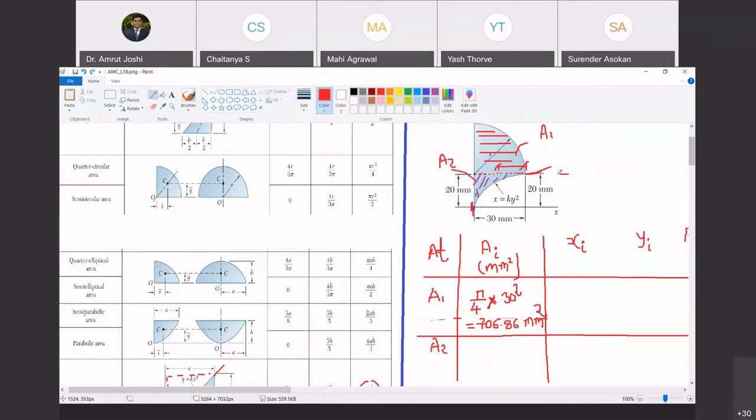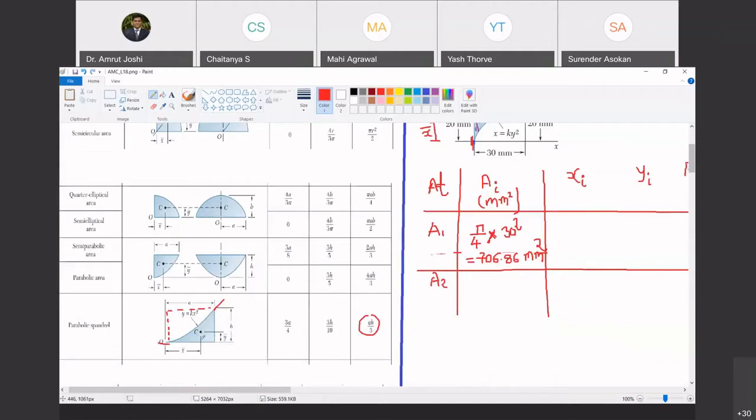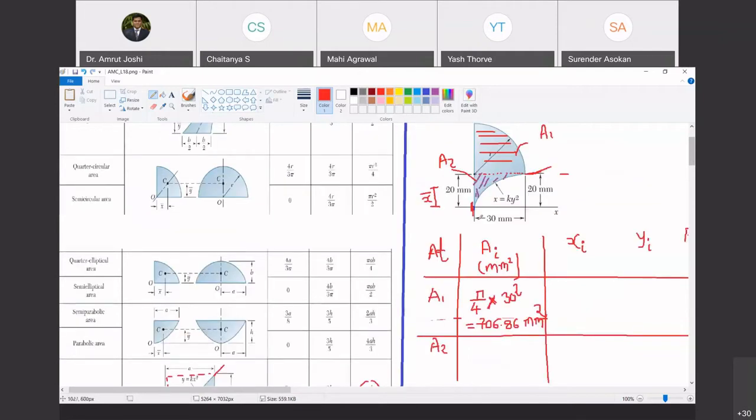Oh, a mistake happened. 1 minute. The parabola is such that the tangent is vertical at this location. So if it is vertical at this location, what we had drawn was correct. This is x bar, if we have to use the formula as given here. Are you with me? Yes, sir. And what is y bar? 30 mm. No. Where do we show y bar here? So y bar is to be shown like this. This will now become y bar. Are you with me? Yes, sir.